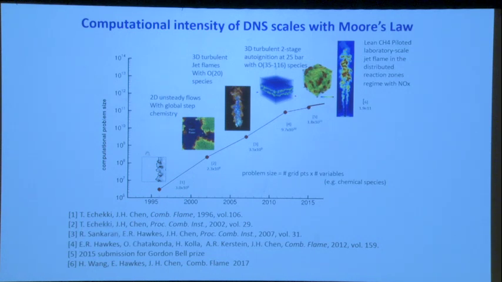That has gone up since 1995. We were looking at about 1 million degrees of freedom, and more recently we're looking at about 2 times 10 to the 11 degrees of freedom. And so it's grown immensely over about 2.5 decades. And with that growth, we've been able to represent much more realistic simulations, where early in the mid-90s, people were